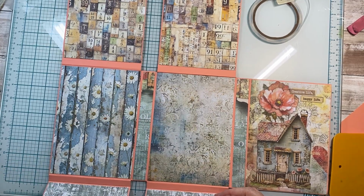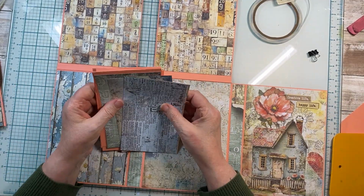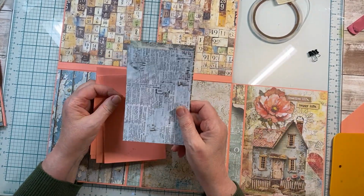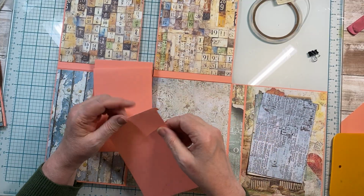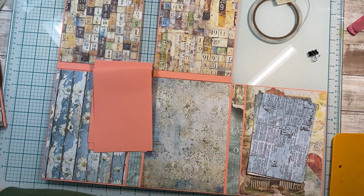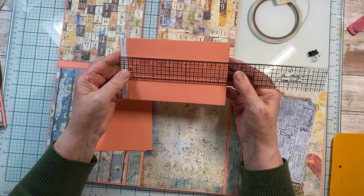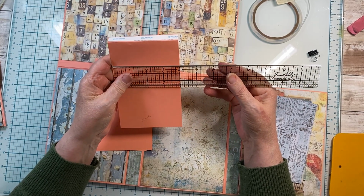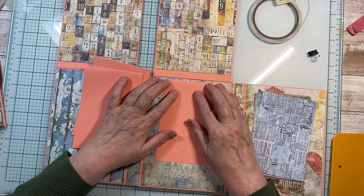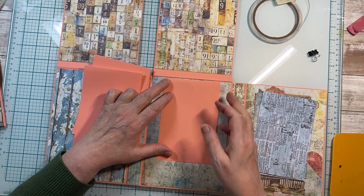What I want to concentrate on is getting in your waterfalls. Okay, so I've cut 4, and from all the scraps, that's where I cut all the papers for. You're going to have 4 of these, find my ruler, that are going to measure 6.5 inches long, 4 inches wide. You're going to cut 4 of these, and they're going to line up about 1/4 of an inch off this edge. You're going to balance it here in the panel, and you're going to layer your waterfall